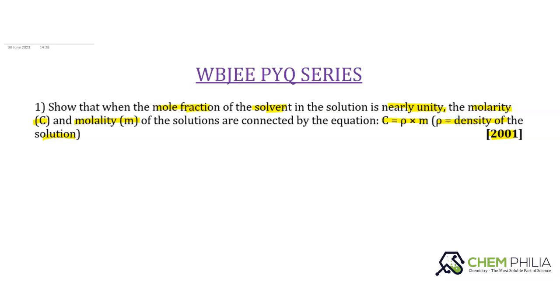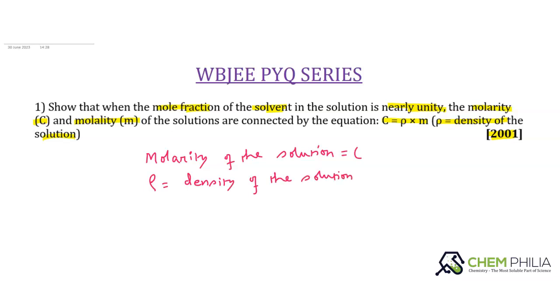Now, according to the question, molarity of the solution is capital C, right? And rho is the density of the solution. Rho is the density of the solution in gram per ml, right? Now we know that